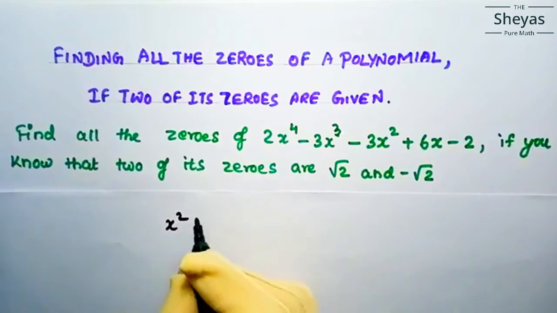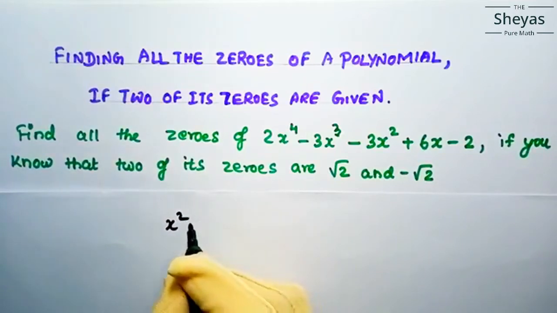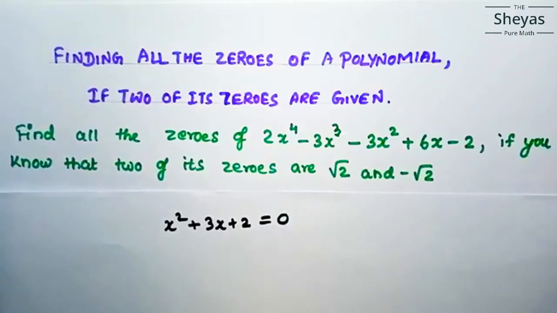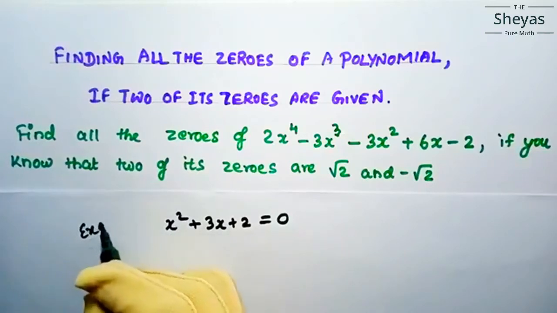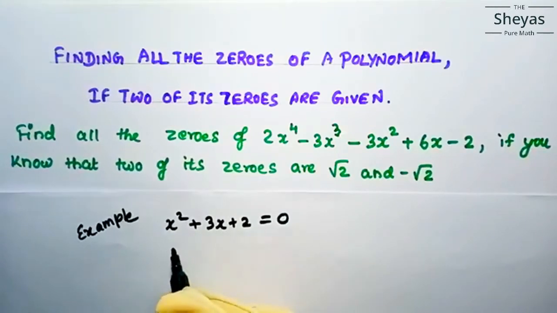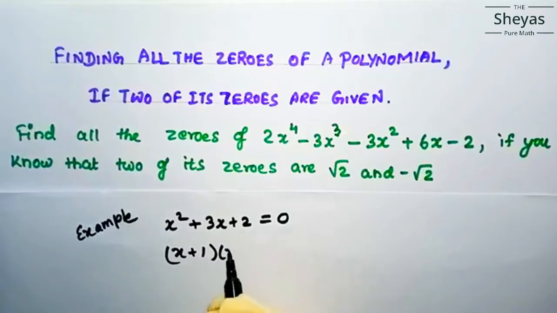Suppose I am taking a quadratic polynomial x square plus 3x plus 2. Finding the root of the polynomial, or else you can say the zero of a polynomial. So let us see the zeros of the polynomial. x square plus 3x plus 2 is equal to 0. This is a quadratic polynomial because it has power 2. Okay, I am taking some example and explaining the zeros first. So I should factorize now. If I factorize, what values will I get? x plus 1 and x plus 2 is equal to 0.